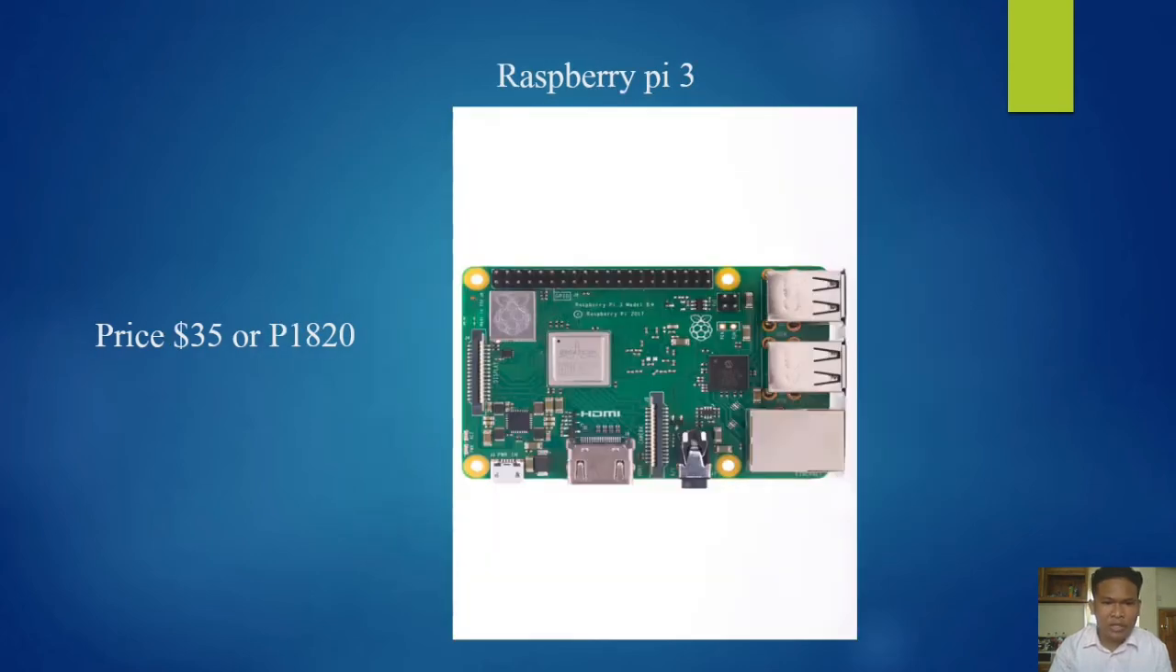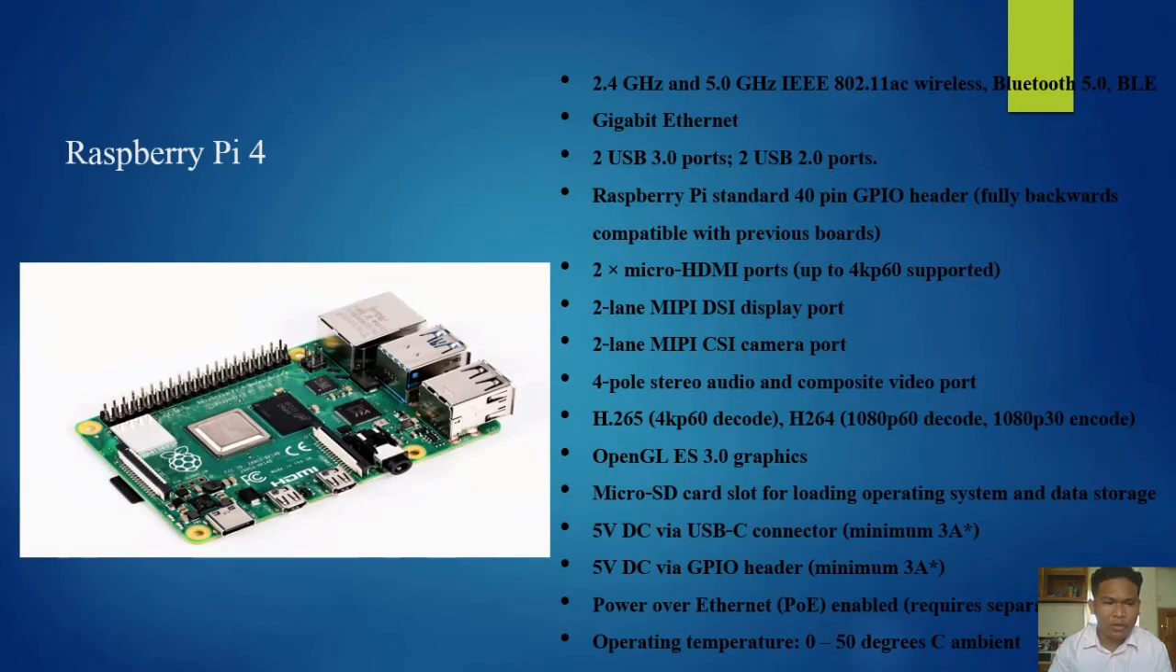So, the Raspberry Pi 4: 2.4 GHz and 5.0 GHz wireless, Bluetooth 5.0, Gigabit Ethernet, 2 USB 3.0 ports, Raspberry Pi standard 40-pin GPIO header, compatible with previous boards, 2 micro HDMI ports up to 4Kp60 supported, 2-lane